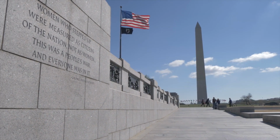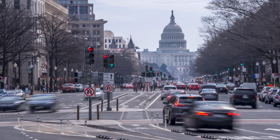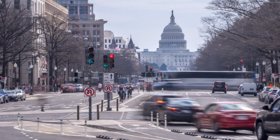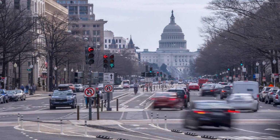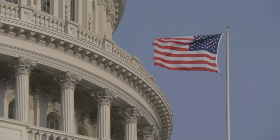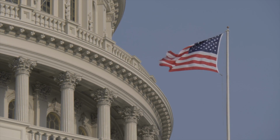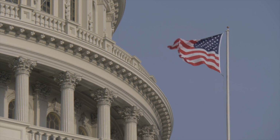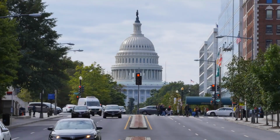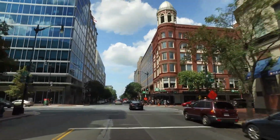Exploring the capital, Washington, D.C.'s remarkable attractions. The District of Columbia, D.C., and the Potomac River both hold significant importance as the capital city of the United States. This strategic decision was made to prevent the federal government from being solely located within one state. The Potomac River, serving as a natural boundary between Maryland and Virginia, was chosen as the ideal location for the